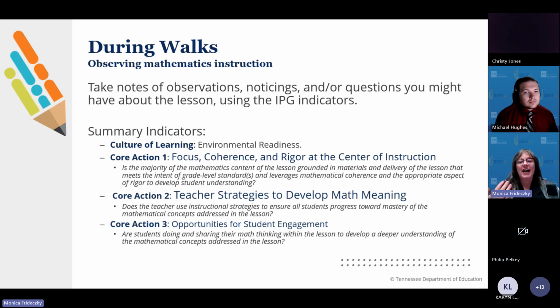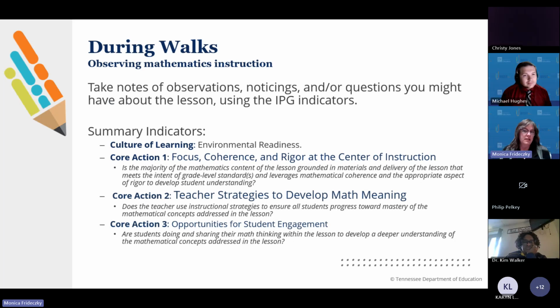Now, personally, I like to have both, mostly because I like to draw pictures on the back of my IPG. And I don't mean doodle pictures, but draw the pictures of things that I saw students using to model their math thinking, or pictures of something I can capture from the overhead projector or the board. This was the diagram, or this was the schematic model of whatever math concept the lesson was addressing.